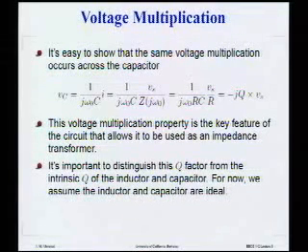In other words, we've assumed that the inductor and the capacitor are ideal. They're perfect elements. Unfortunately, if you ever go out there and buy an inductor and capacitor, you'll find that they're not ideal, that they have some kind of basically series resistance, which is characterized by the quality factor of the component. So in other words, if I go out there and try to build one of these things, so I think I'm building this,